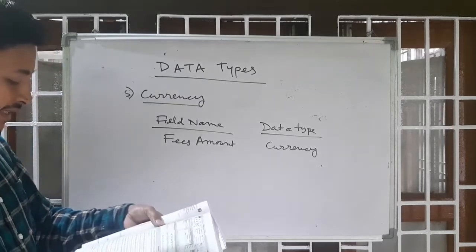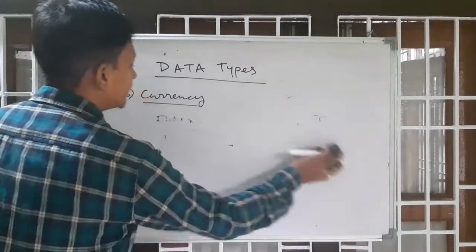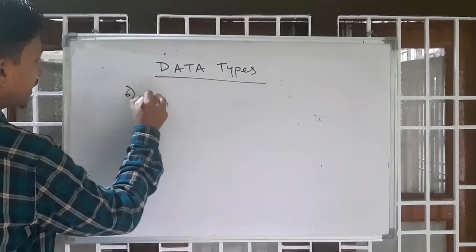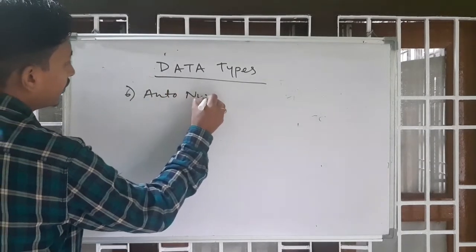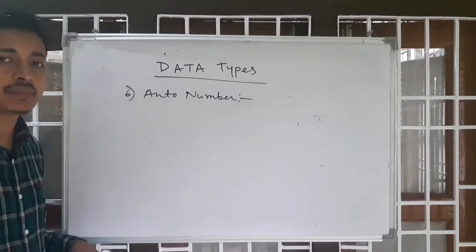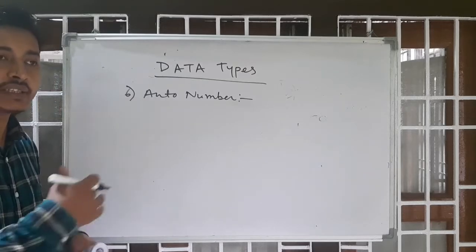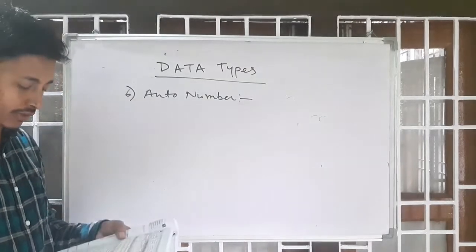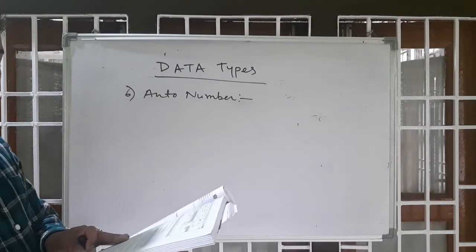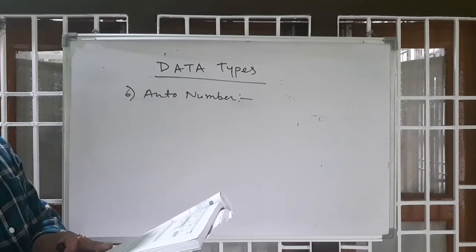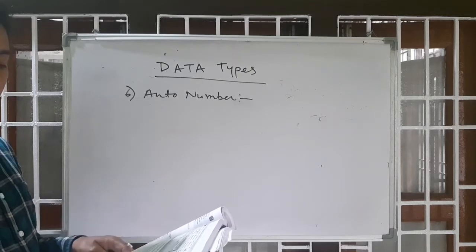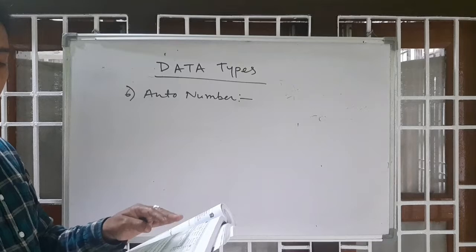Okay, now see, next is auto number field. Next data type, number 6, is auto number. Auto number means what? It is coming automatically. We don't require anything. It is coming automatically by default. Okay. Now see, in the book you can see it stores an integer that increments automatically as you add records. If the table does not have a primary key, then auto number uniquely identifies the records.